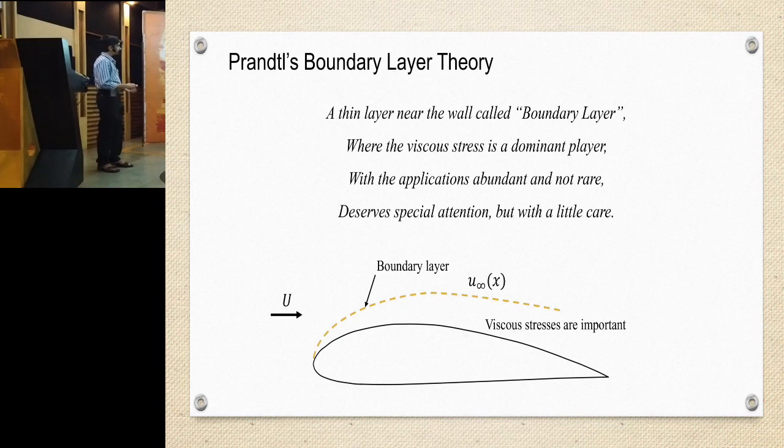With the applications abundant and not rare, I will show you the myriad forms in which boundary layers appear in aeronautics, and of course they appear everywhere, wherever there is flow past a body or flow through a body, like a pipe or a channel. Now this deserves special attention, but with a little care, and I will tell you why it needs a little care,